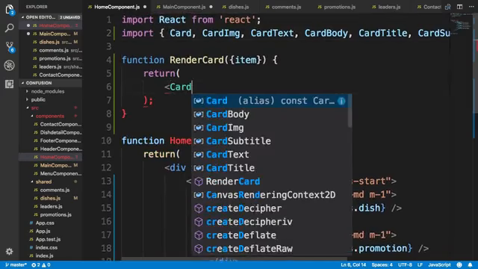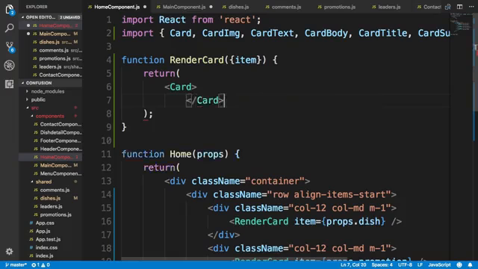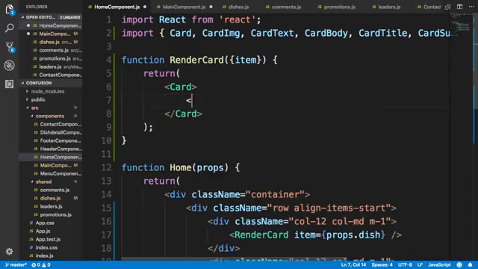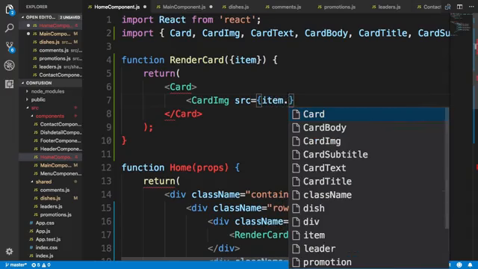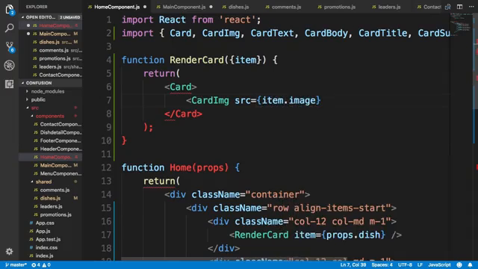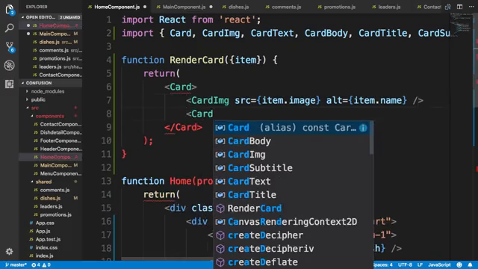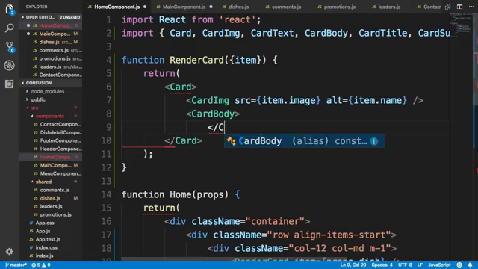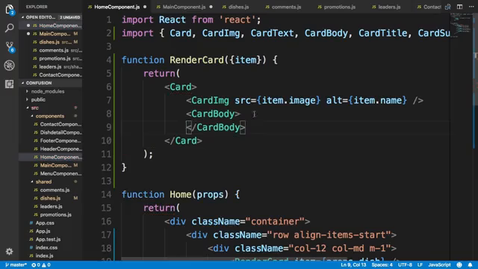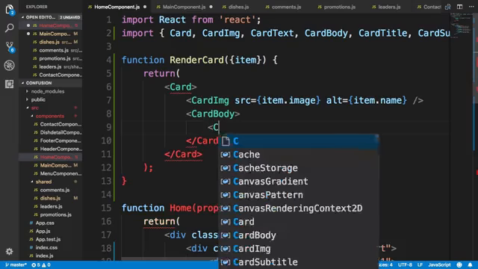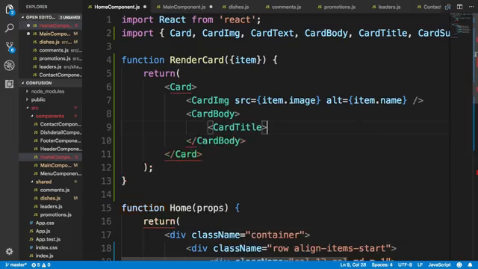So how do I render a card? I'll say Card, and inside this card, we will first create CardImg. Now for the card image, it takes the source as item.image, and then alt is item.name. So we'll display the image on top, and then we'll say CardBody. Down below we'll show the card body here, and for the card body I'm going to show CardTitle, and in the card title I'll show item.name,